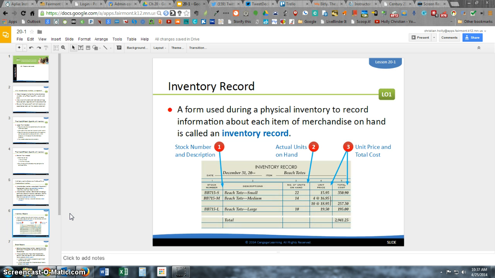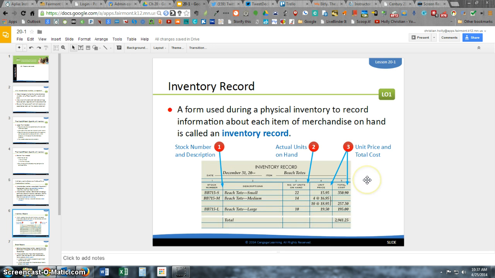When I go to do that physical inventory, when I go to count things, I'm going to have an inventory record, and I use this to record the things that I'm counting. So here in this example, this inventory record is for beach totes. So I'm going to pretend I'm at Walmart, and we have lots of different beach totes out there. I have a small one, a medium one, and a large one, and here are the stock numbers for those individual beach totes. I count up how many I have on hand, and then I'm going to figure up the